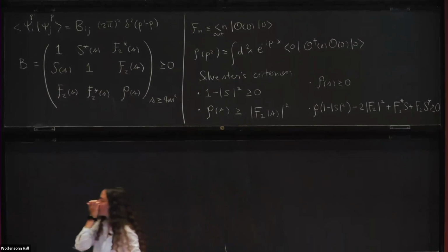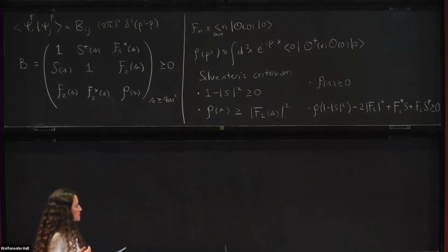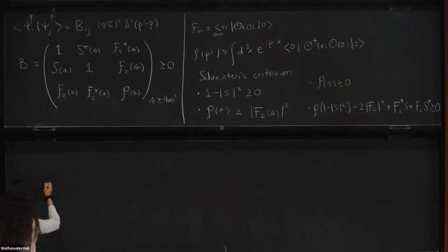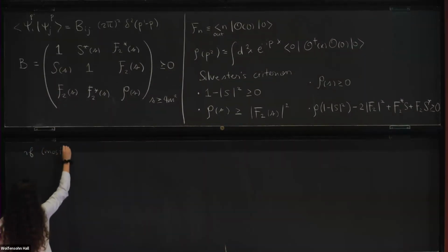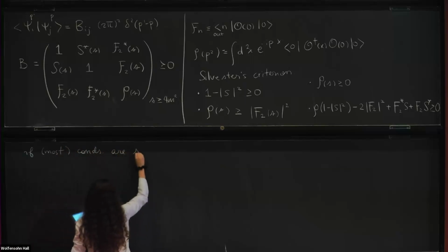So as we saw in the numerics, but also more generally, if we are looking at some bootstrap problem, what probably will happen is that the optimization will saturate the constraints, or as much as it can. So what happens if we are saturating these constraints? So if at least most conditions are saturated,